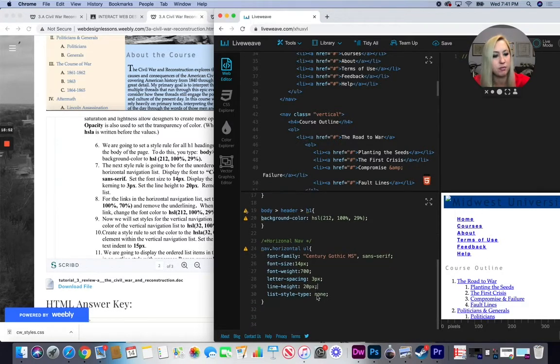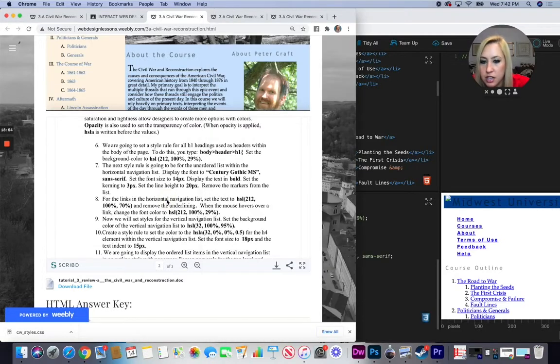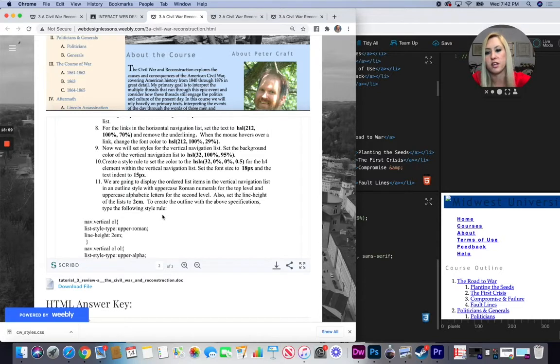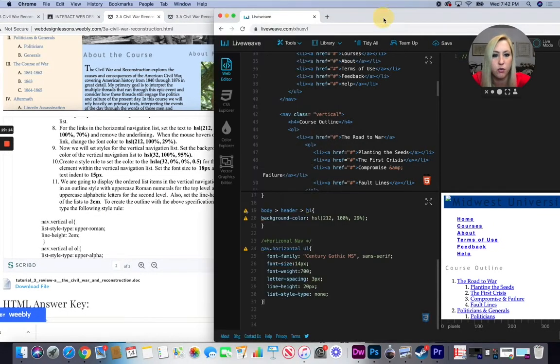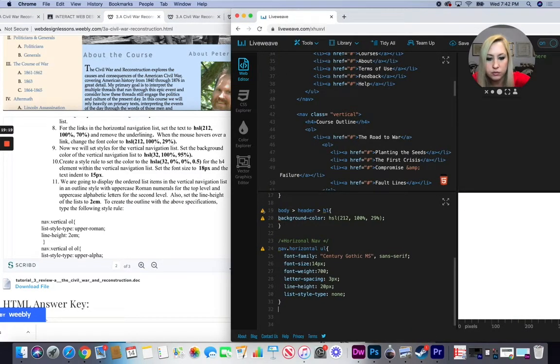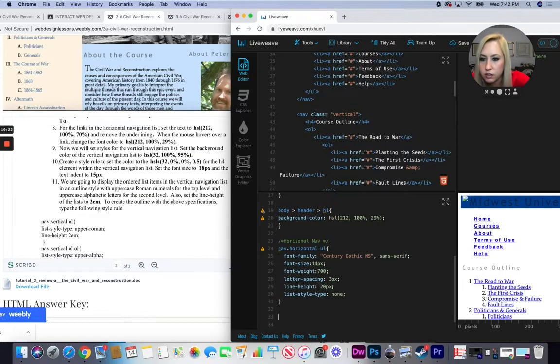just did right here. All right, let's keep moving forward on to step number 8. For the links in the horizontal navigation list, set the text to the specific color, remove the underlining, and when the mouse hovers over a link, change the font color to this new color here. So this is kind of 2 steps in one. We're going to link to the links. So